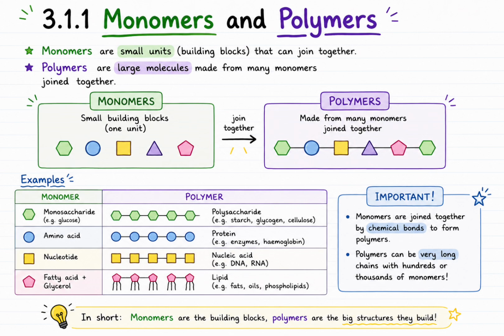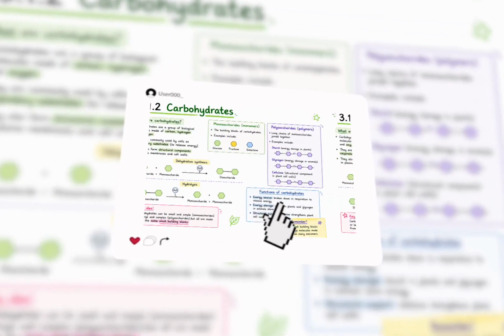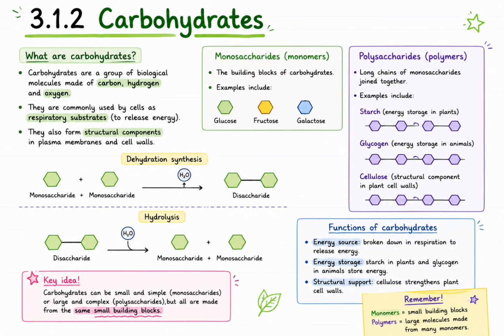An important point to remember is that these monomers are joined together through condensation reactions where water is removed during bond formation, while hydrolysis reactions break these bonds using water. So fundamentally, the organization of biological systems relies heavily on the ability of small molecular units to assemble into larger, highly specialized macromolecules. Carbohydrates are organic molecules composed primarily of carbon, hydrogen, and oxygen, and they play several essential roles